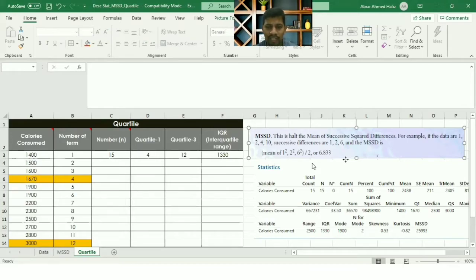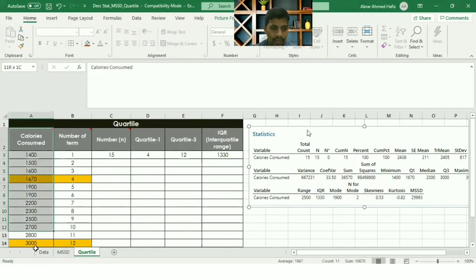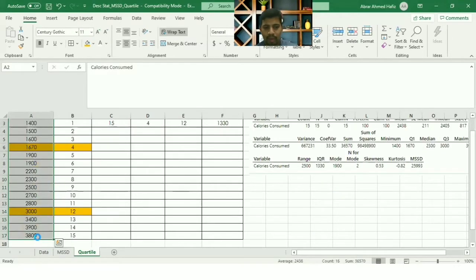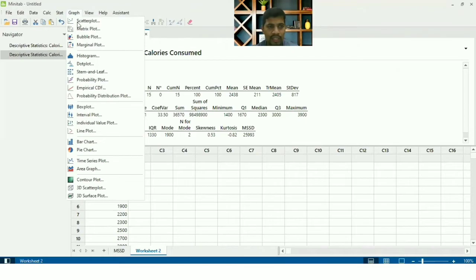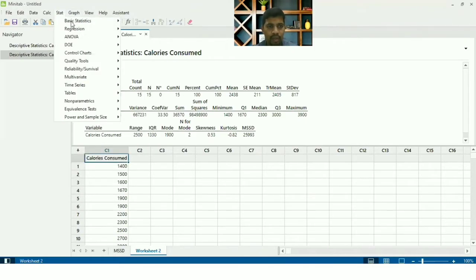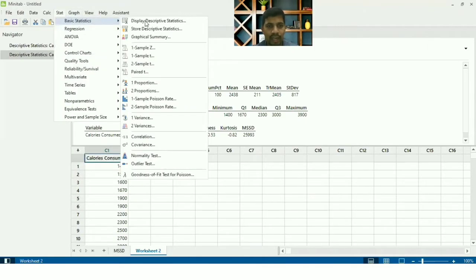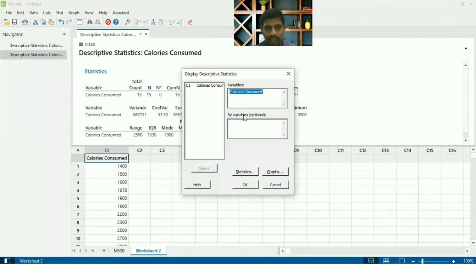It's very easy. I have to copy paste the data. I copied the data, I have pasted here. So it is indicated as C1, this is a variable one. And then I go to Basic Statistics, and then Display Descriptive Statistics.